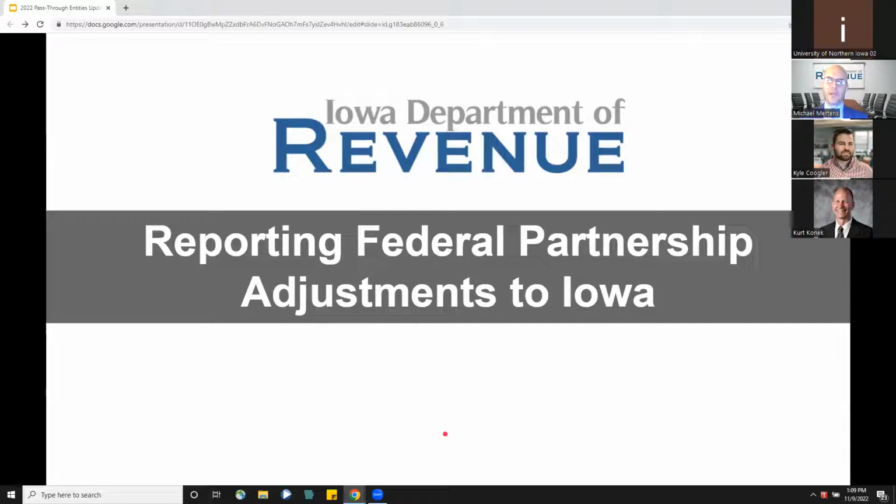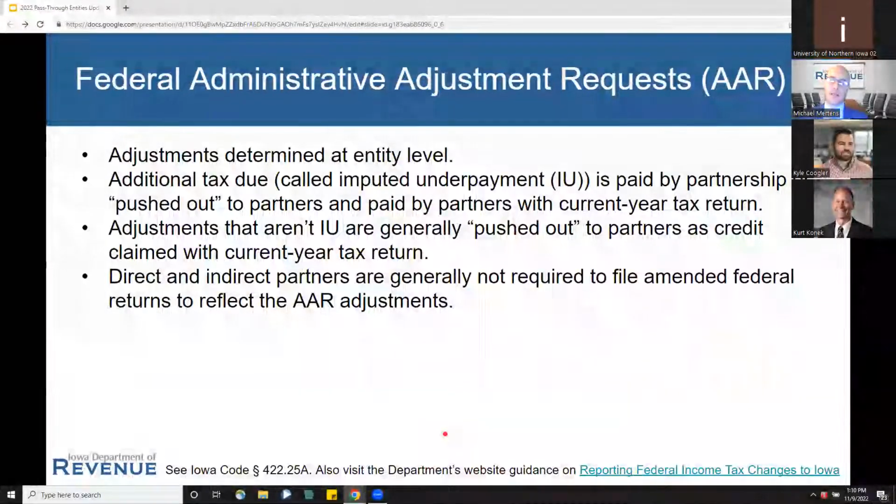So this new Bipartisan Budget Act, these are usually called BBA partnerships for short, or BBA audits. This applies to most, but not all partnerships. So the slides I'm going to talk about really reflect how adjustments for these BBA partnerships need to be reported to the state of Iowa. So this affects, again, like I said, both audits and amended returns. I want to start by talking about